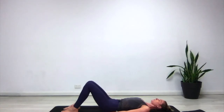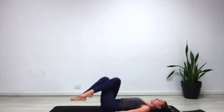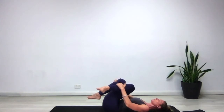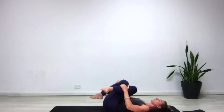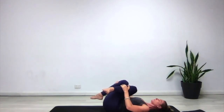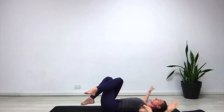Let's go for a little bit of a stretch for the side of the hips. So I'd like you to take your right thigh over your left and just bring the legs up and into the air to start, and just hug onto your shins and pull them in towards your chest. And you should feel a stretch on that right hip of that leg that's coming over. Good, take a couple of deep breaths in and out,